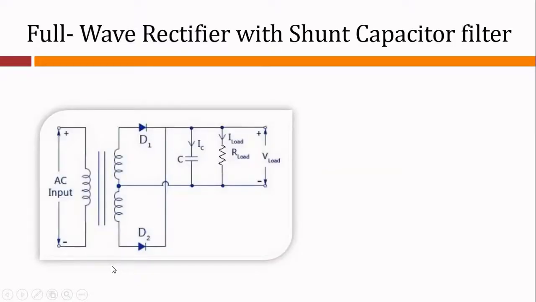So here is the circuit diagram of full wave rectifier with shunt capacitor filter. Now this is the simplest form of the filter circuit, and in this arrangement a high value capacitor C is placed directly across the output terminals. Now you see here in this circuit diagram, here are the output terminals. So the output is taken across the load resistance RL, and you see the capacitor is placed across this load resistance. So we call it a shunt capacitor filter, and typically the value of C is large.